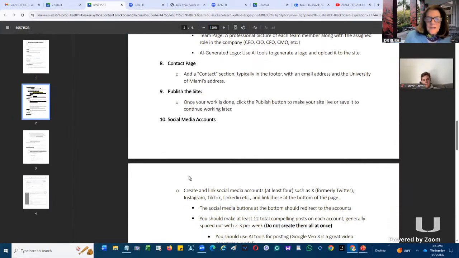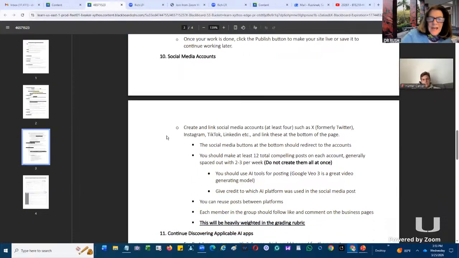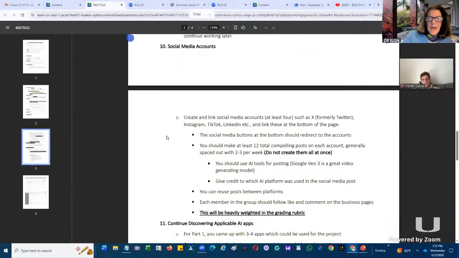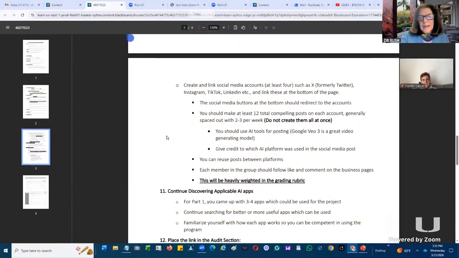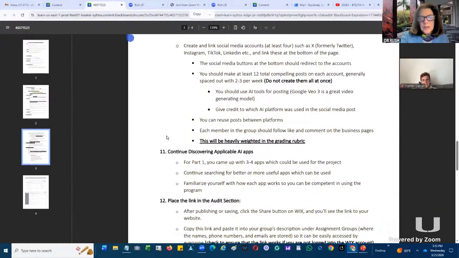Later on, in this part, you want to discuss social media accounts. You want to assign that to 1 or 2 people in your group to create. You can use X, Instagram, TikTok, LinkedIn. You have to have at least 3 of these, and every week you need to post for a number of those, and you can even use AI.